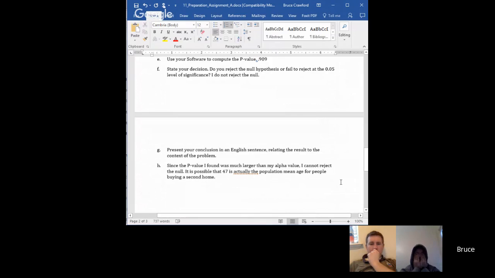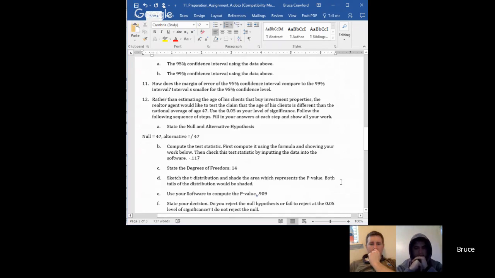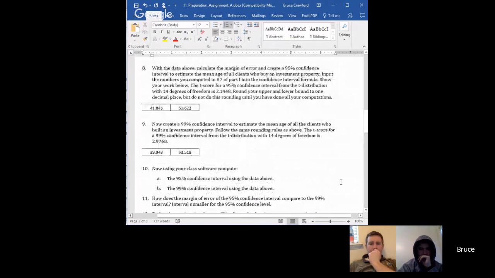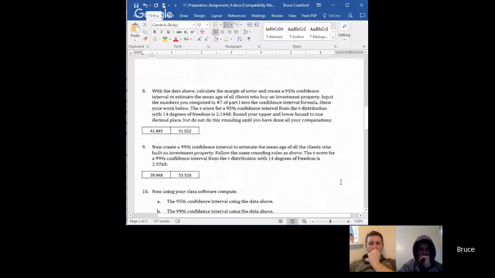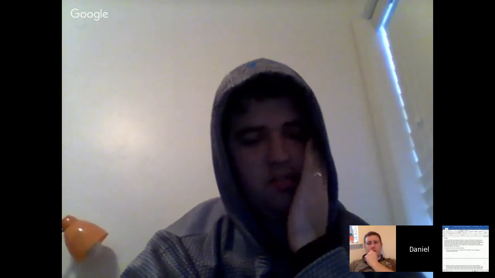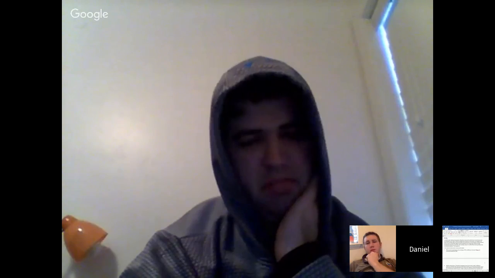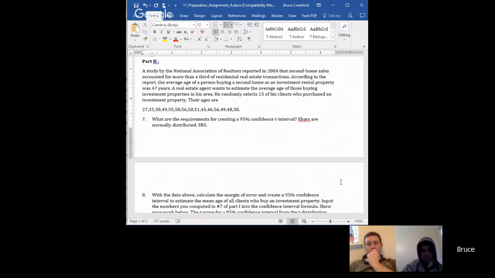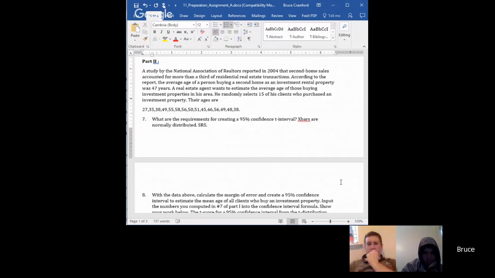That would be nice though to have an actual applet. I don't know why they couldn't, if they could make the normal probability one. It's probably just somewhere else, and I don't know where to find it. I was looking all over in the book for another applet. Maybe it'll be given in the quiz or something. Anyway, sorry. Anyways,